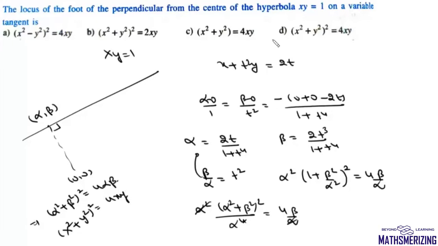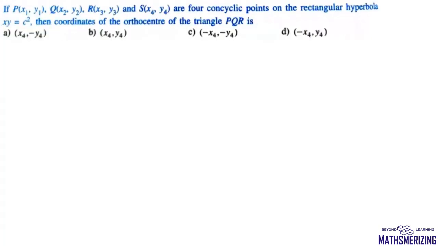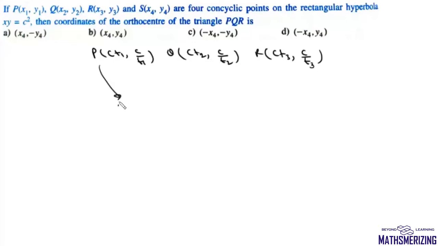your option number D. Now here the question is, if PQRS are 4 concyclic points on rectangular hyperbola, then coordinates of the orthocenter of triangle PQR is. We already know the result that for 3 points P, CT1, C upon T1, Q, CT2, C upon T2, and R, CT3, C upon T3, orthocenter of the triangle PQR